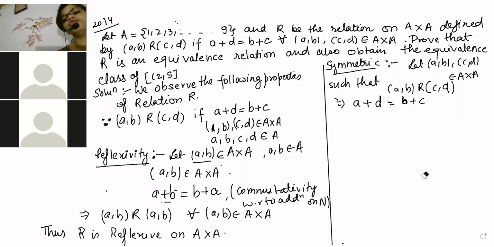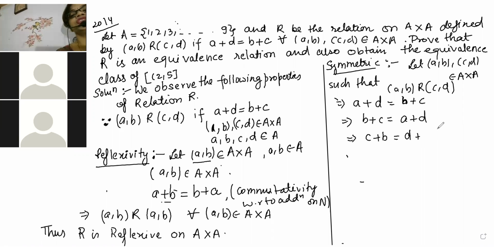So first what you will do, you know that in an equation, left side is equal to right side. So you can shift this side to this place. It is again an equation, left side, right side, so we can shift the order anytime. Now we know commutativity with respect to addition. So what we will do is write it like this.